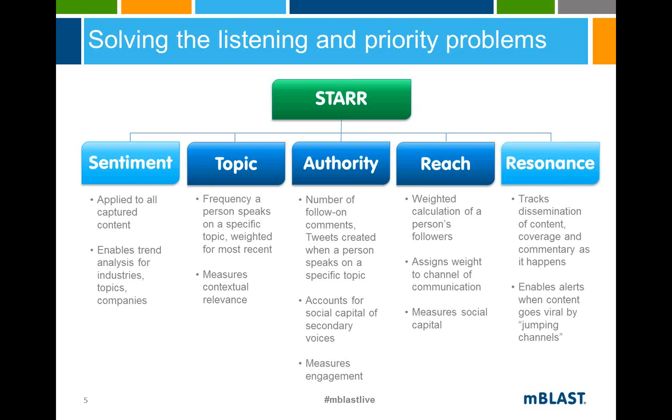Reach is important, but the third factor is authority. How often are these people cited by others? How often is their material forwarded, retweeted, right? Those three together form the core of our scoring algorithm. But there's one other element I want to talk about, and that's resonance, because not only can we help you identify the people creating content,